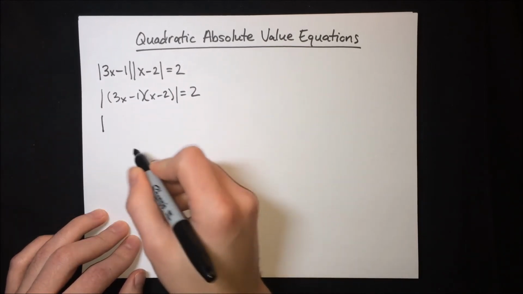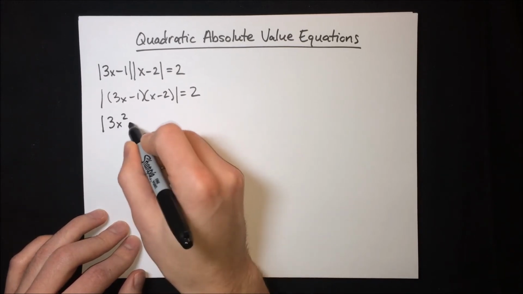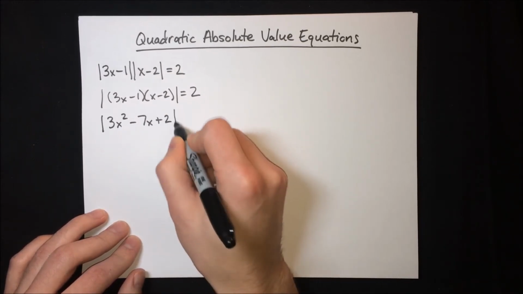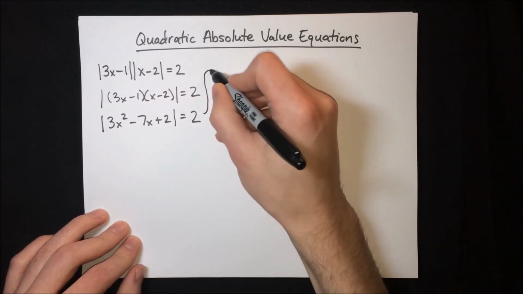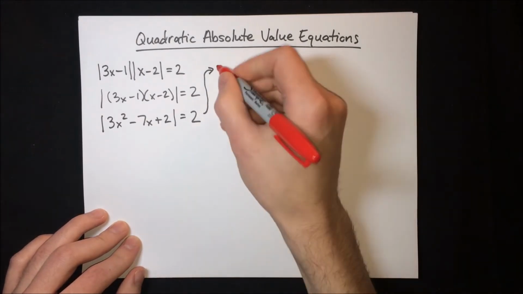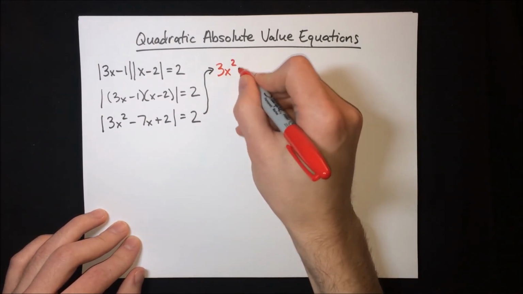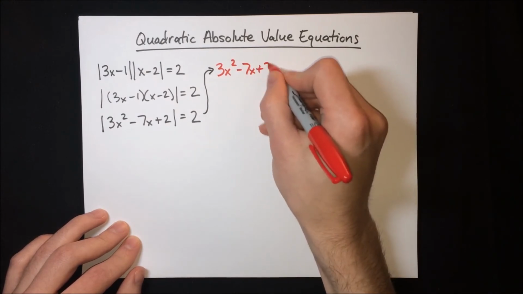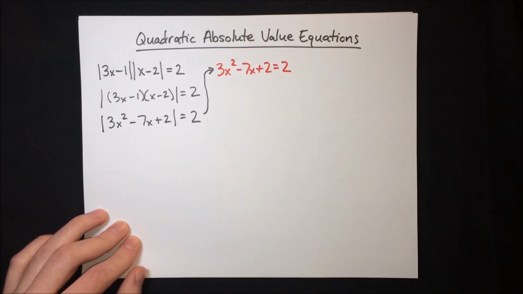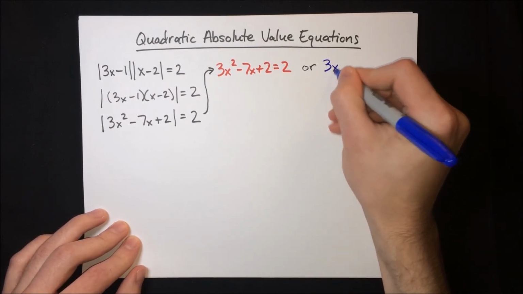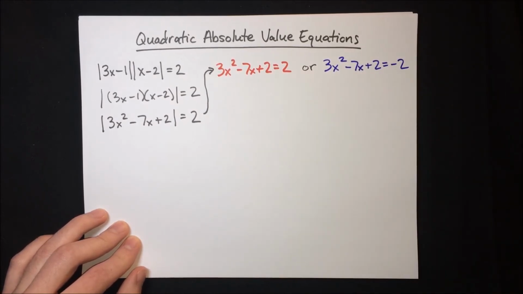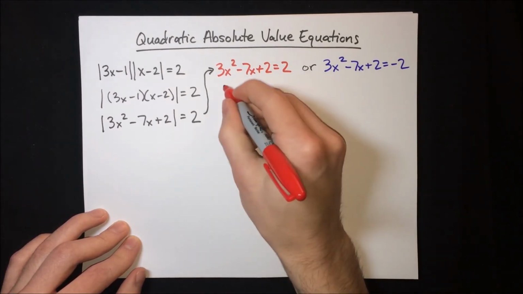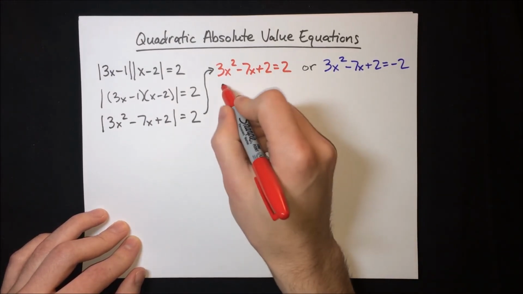And expand it out inside of the absolute value. And now we're at a point where we can split up the absolute value equation into the two possibilities. First, the inside of the absolute value can equal 2, or it can equal negative 2. We'll start by solving the first possibility. We'll subtract 2 from both sides